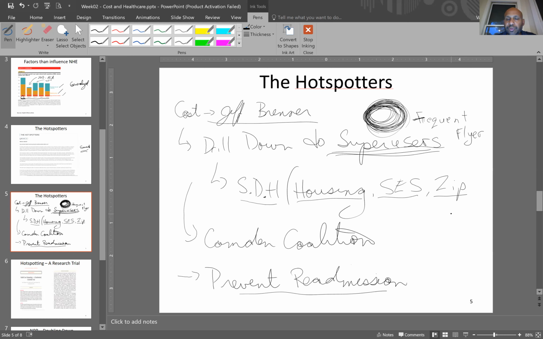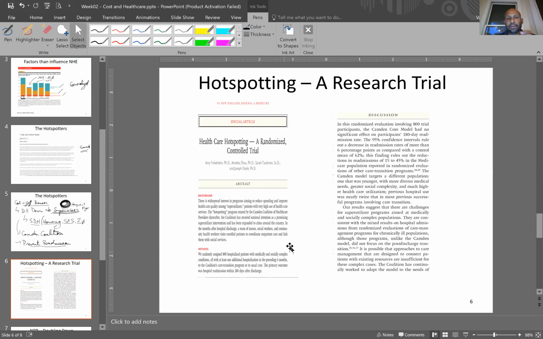And so this was really the first time focusing on Camden and the coalition. When this article came out in 2011, I will tell you, it went like wildfire. The model was copied throughout the country, primarily in urban areas where there was a healthcare team who looked at not just the overall, focused on frequent flyers, super users, but also maybe a more broader social determinants of health aspect. So fast forward to 2020,